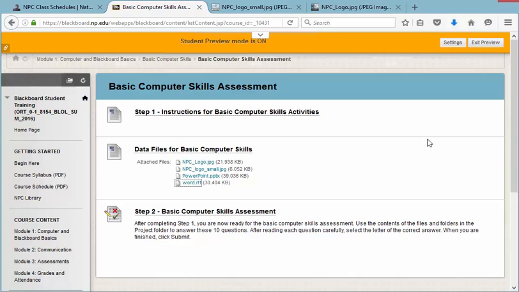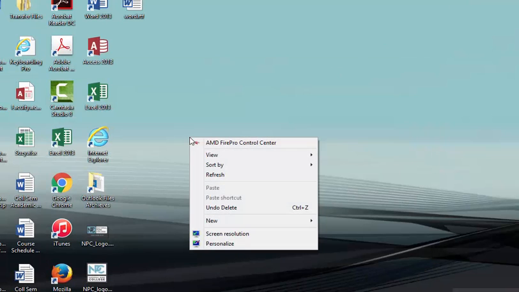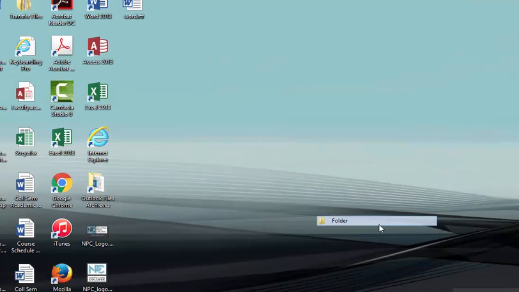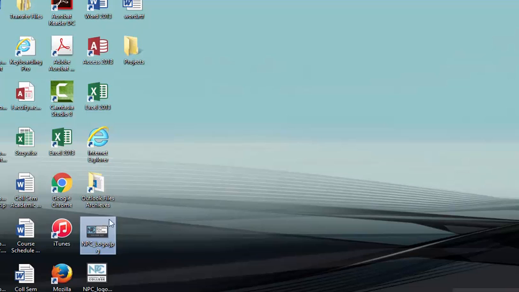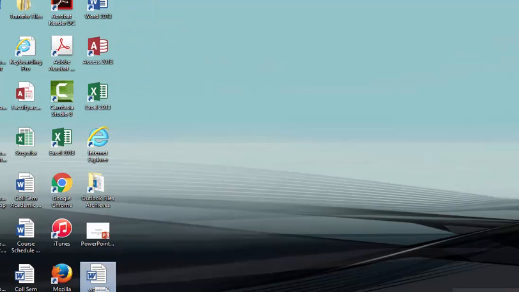The next step is to create a new folder and name it projects. So I'm going to minimize this, and on my desktop I'm going to create a new folder and call it projects. Now the next step, step 3, says to move or copy the 4 data files that I downloaded into the projects folder. So I'm just going to move those right into that folder,